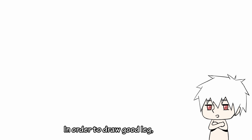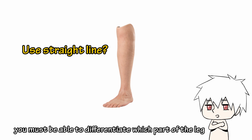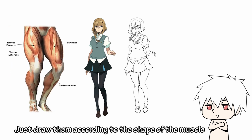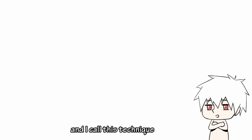In order to draw a good leg, you must be able to differentiate which part of the leg is to use a straight line and which part is to use a curvy line. By drawing these lines and curves at the right place, our legs will look more realistic and natural. Just draw them according to the shape of the muscle. Here's a technique I use for drawing lean long legs, and I call this technique